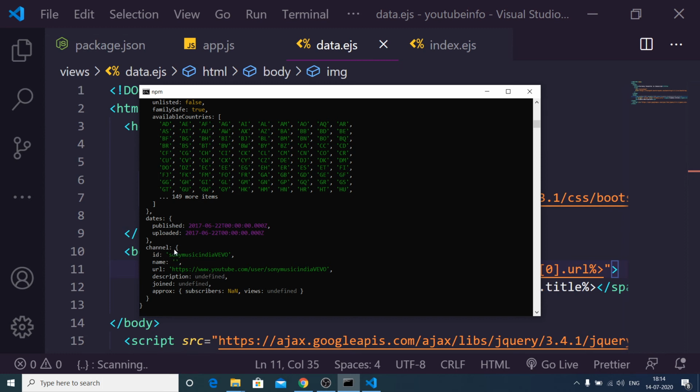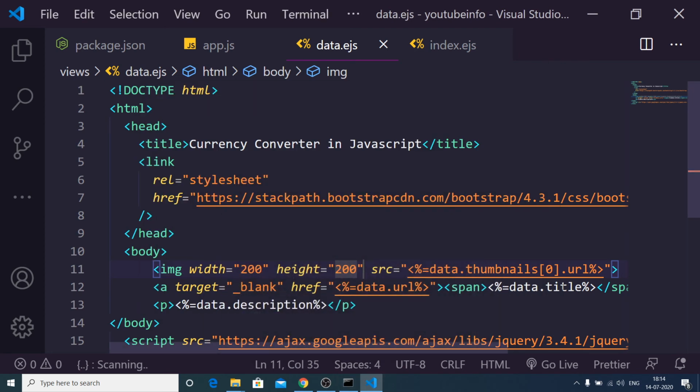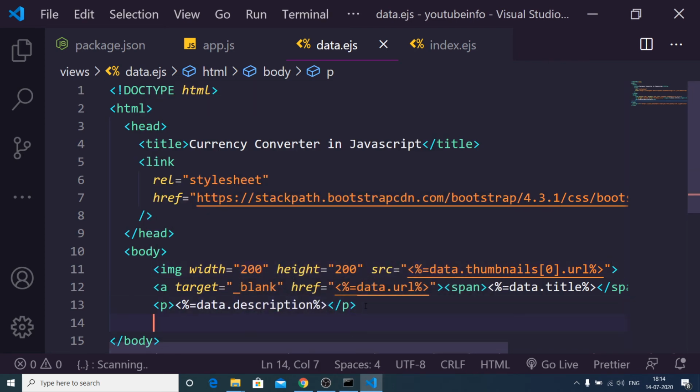There is a channel property, and inside this is the ID. So right at the bottom we will have the channel ID. So we can have h2 tag, and inside this we can have channel ID, or we can make it clickable. So an anchor tag href will be equal to data.channel.id.